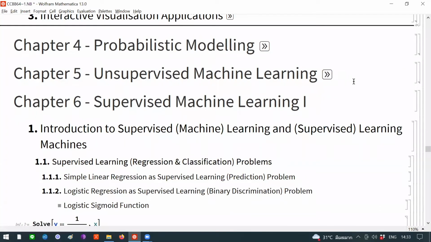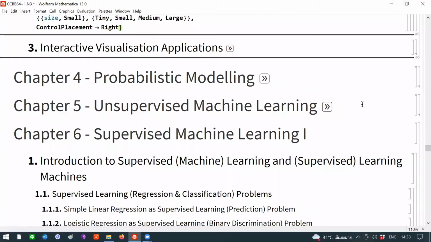Okay, welcome to the second half of the 7th class. In the first half, we kind of went over, I guess, in a very sequential manner from the beginning to the